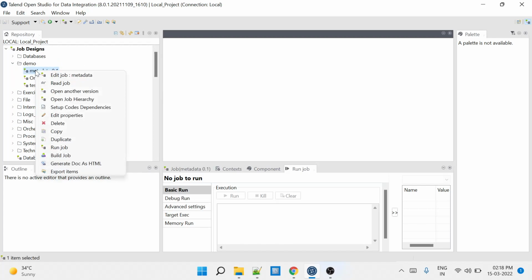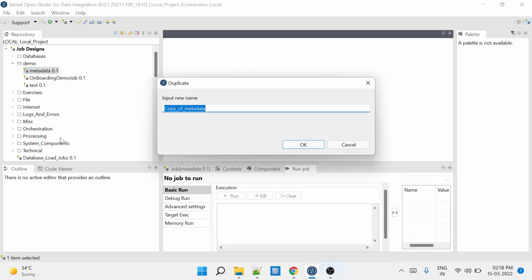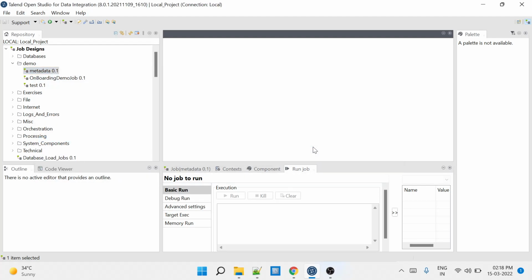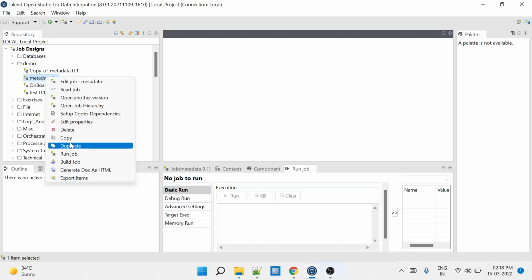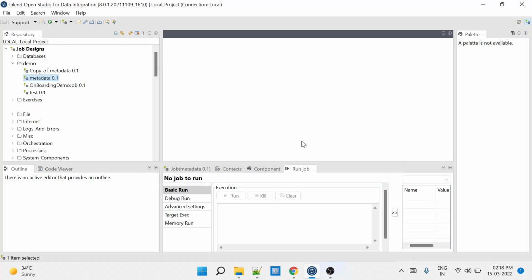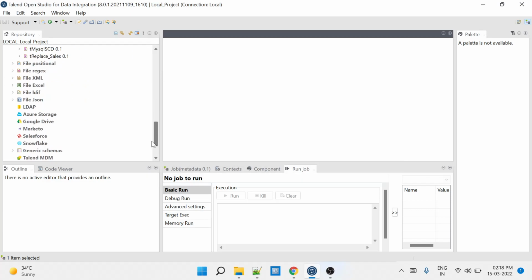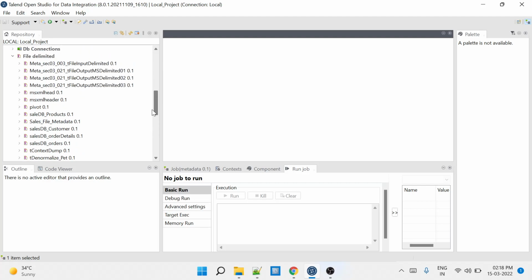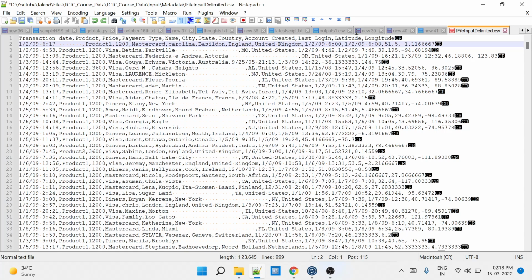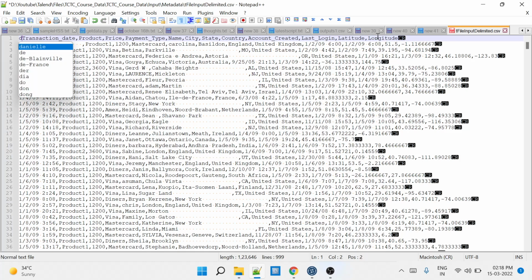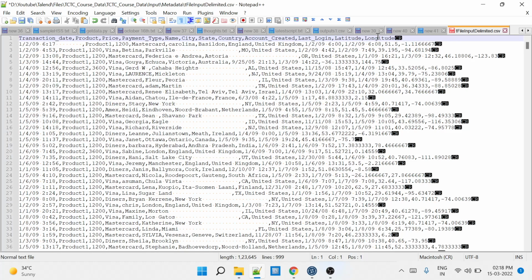So if there is any change in the file and I'm using it in multiple jobs, I don't have to go to each individual job. Instead, I can modify the metadata in the central repository, and that will be taken care of in the rest of the jobs as well. For example, let me add one field at the beginning. I will call this dummy,